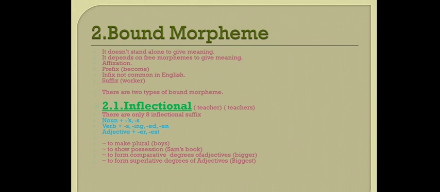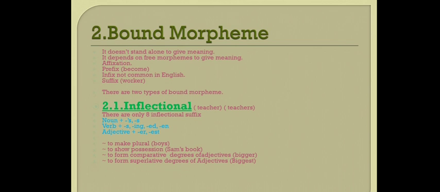like s is used with the present definite tense, and the ing form is used in present continuous or past continuous tenses, or rather all progressive tenses use the ing form of the verb. They are attached to a verb, and ed is used to form regular forms of verbs, like love, loved, play, played. So ed is added to make the second and third forms of a verb, and en is also used to make irregular forms of verbs, like eat, eaten,